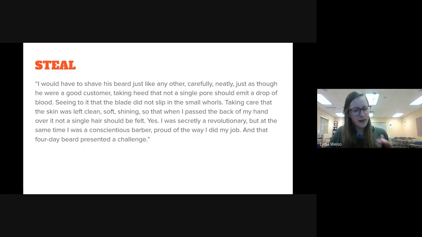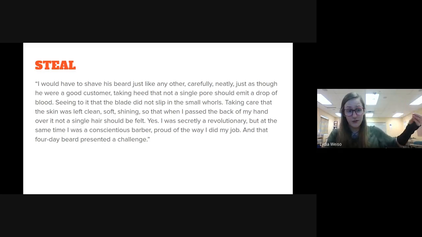And so let's start to think about character motivation. Why is the barber so careful? What kind of motivation or need is the barber expressing that makes them so cautious? Now, in general, that's probably something like, they want to have a good reputation. Maybe they really enjoy their craft. They genuinely enjoy the job that they do and they want to do a good job, which puts it kind of at that self-actualization level of Maslow's, where they want to express themselves through having a good reputation, through being